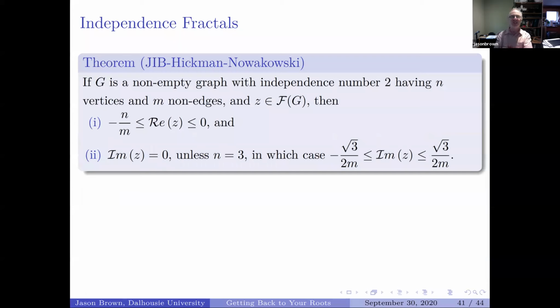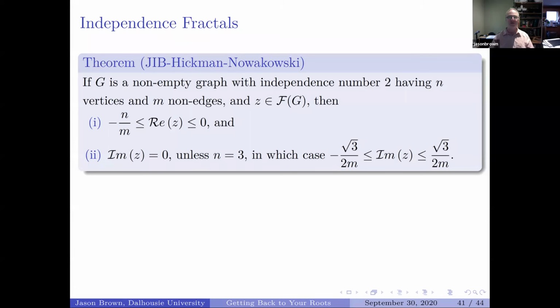We could prove that if G is a non-empty graph, so it has at least an edge, and has independence number 2, so I'm only looking at a very particular class of graphs, having n vertices and m non-edges, then we can actually find a box that will contain the fractal. The real part is between 0 and minus n over m. So that's the box for the real part. It's in the left half plane. The imaginary part also is 0 unless n equals 3. So the box is actually along the real axis. If n equals 3, what we get is a box with a certain height. The box is really squashed because if m is large,